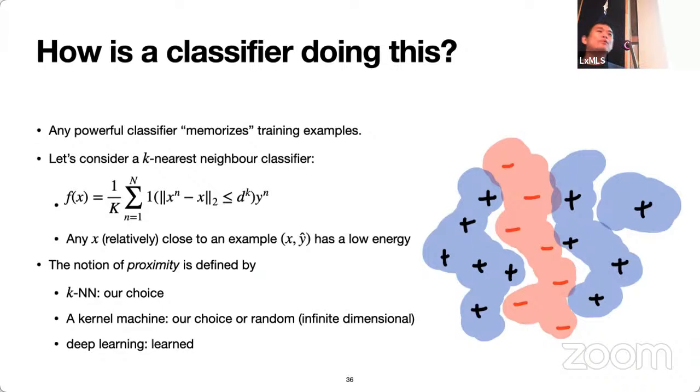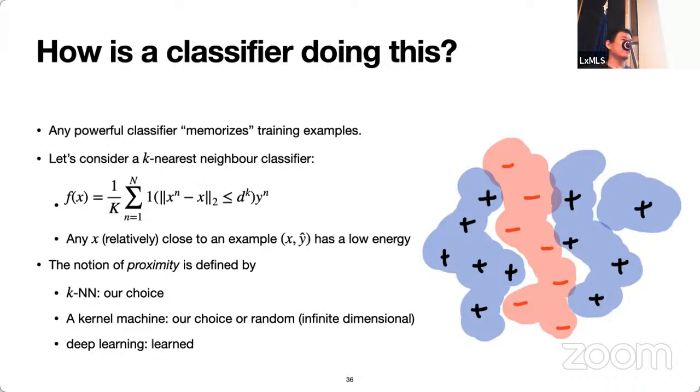One of the representative examples that you have probably already learned earlier this week is the k-nearest neighbor classifier. K-nearest neighbor classifier, if you know how to choose the distance function really well, is extremely powerful. In fact, you set K to 1 and then have many examples and so on. It's an optimal classifier to use. And this powerful classifier by construction memorizes every single training example there is. In this case, we actually choose the notion of proximity.